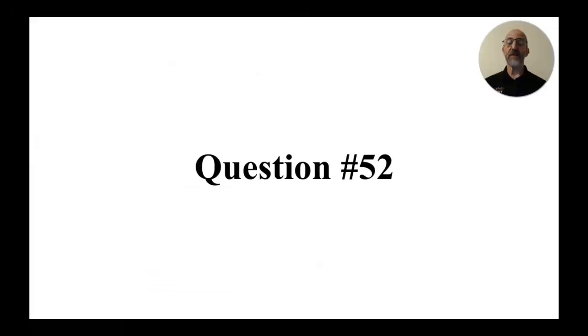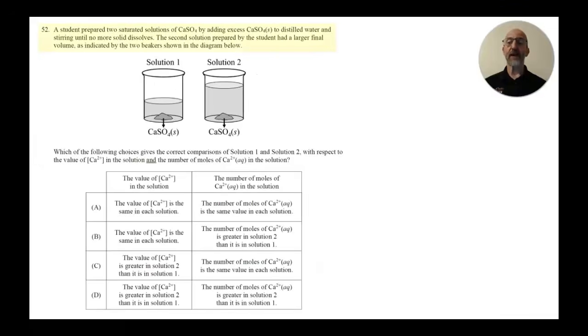In question 52, it says a student prepared two saturated solutions of calcium sulfate by adding excess solid calcium sulfate to distilled water and stirring until no more solid dissolves. The second solution prepared by the student had a larger final volume, as indicated by the two beakers shown in the diagram below. Which of the following choices gives the correct comparisons of solution 1 and solution 2 with respect to the value for the concentration of the calcium ion in the solution and the number of moles of calcium